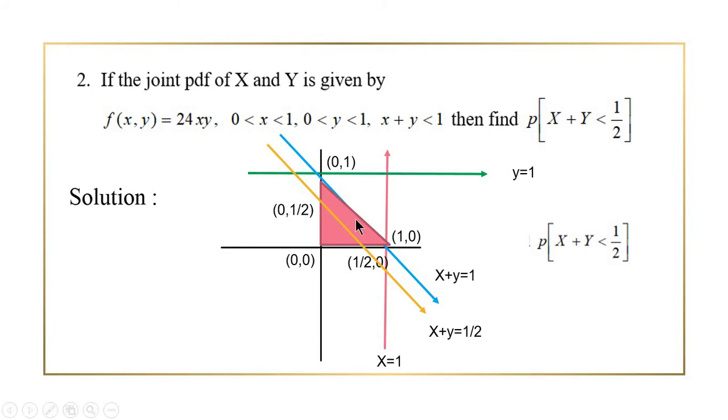Again, my question is whether it is below the yellow colored line or above the yellow colored line. Let us do the same method, that is, substitute origin in this equation. So, 0 plus 0 is less than half. Since it satisfies the equation, the region must include the point origin. Therefore, it must be below the line, only then it includes the origin. Now, we are going to evaluate this probability in this blue colored triangle. For that, we have to make a note of these vertices 0, 0, half, 0 and 0, half.